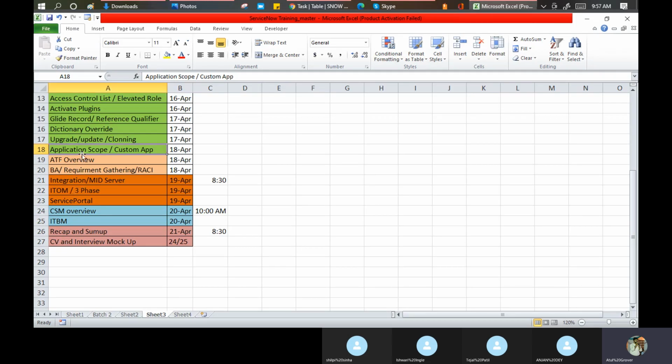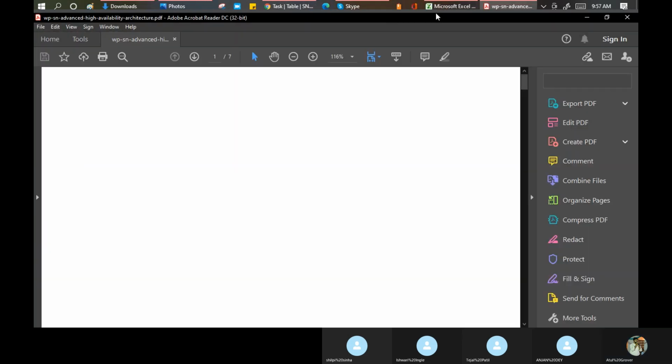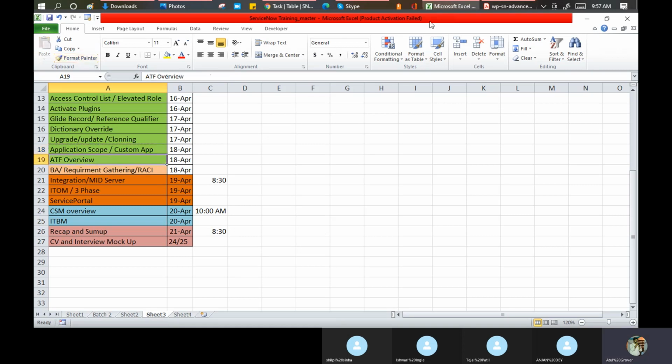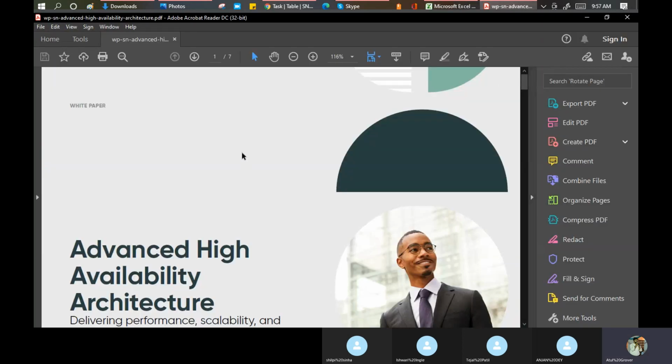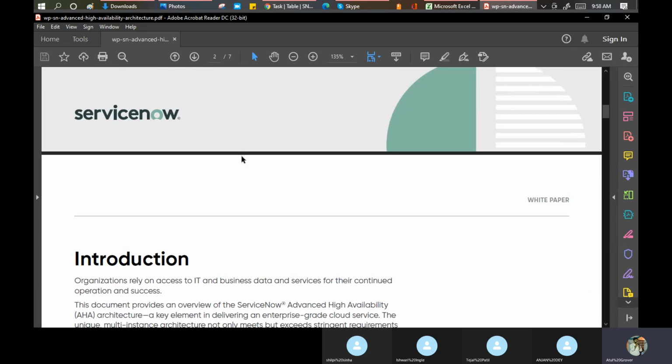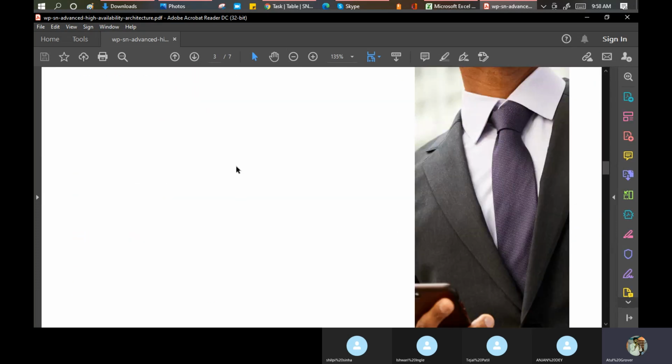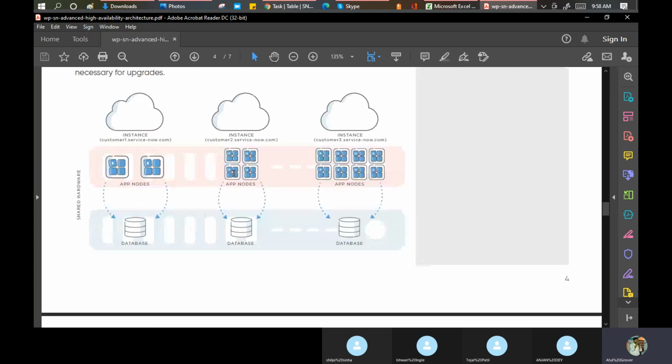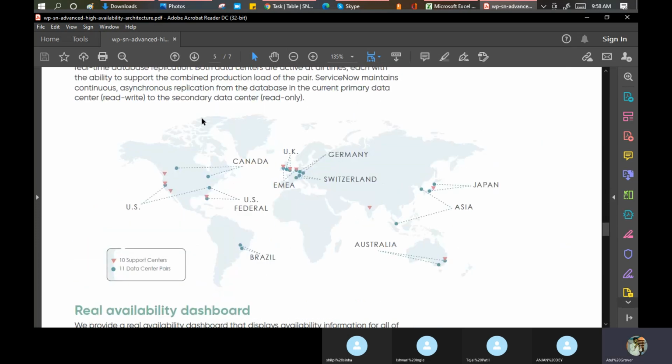Okay, in the meantime, let me close this topic from my side. Now come here. If you scroll down, you can see here these are the data centers. For the actual 11 data centers, they have 10 backups in the background. For every data center, they have a backup as well. So you can see these many places where ServiceNow data centers have been placed.